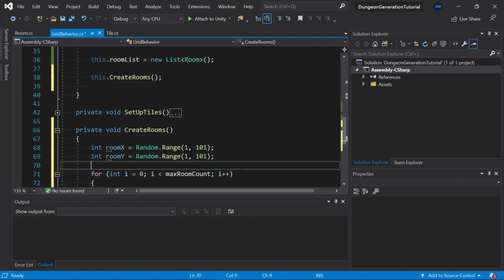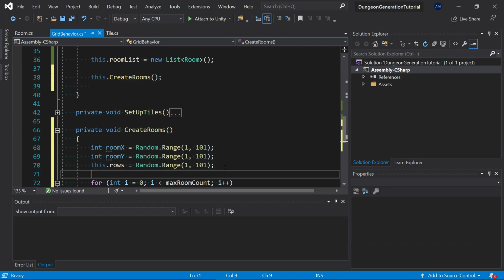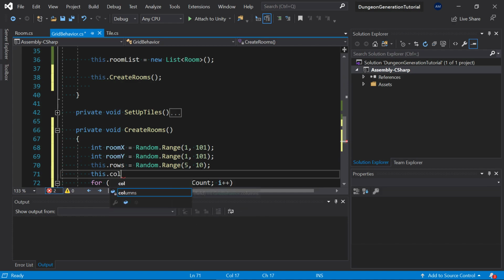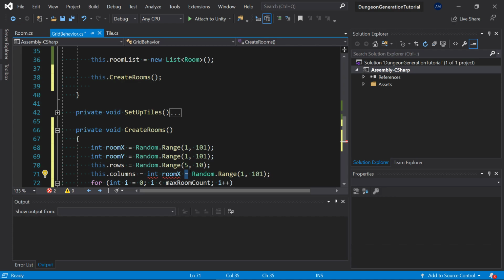Now, this dot rows, and what we had up there is going to be set to, we can do copy paste, because we're going to set a random number for the rows. How many rows do we want for this room? I want the minimum to be 5, and I don't want there to be more than 10 rows. There should be no, that's a huge room. And then we'll do columns is set to random, set to the same thing, and then we'll set that one